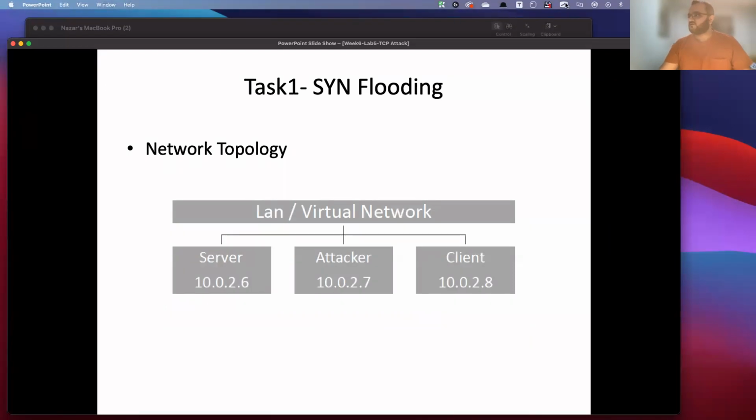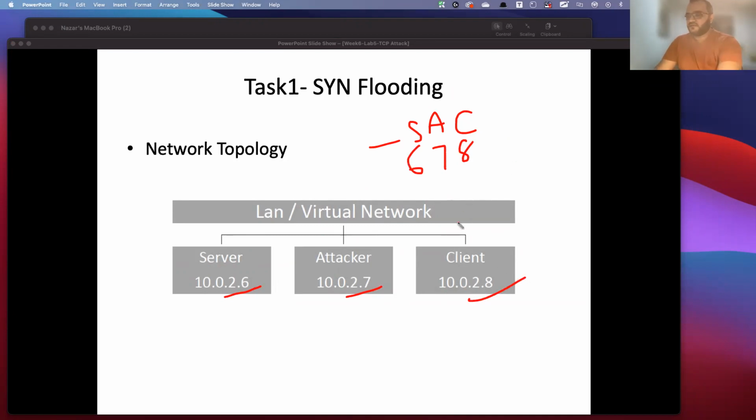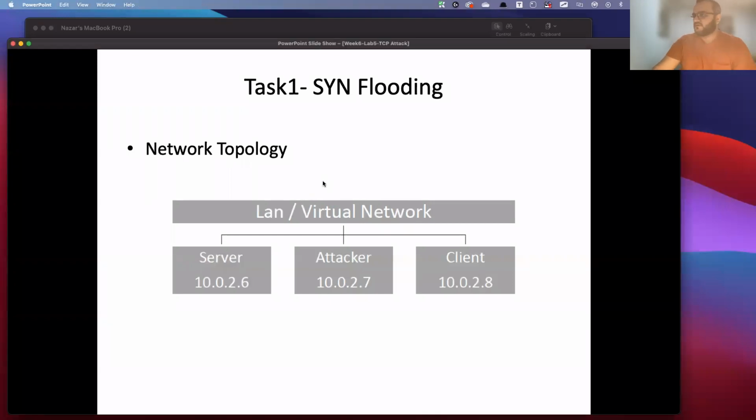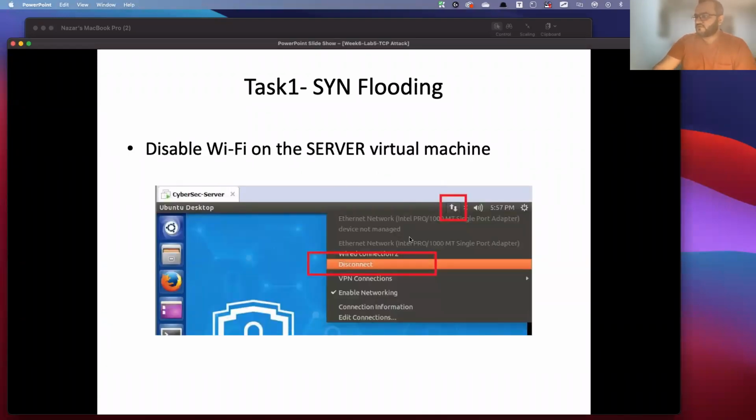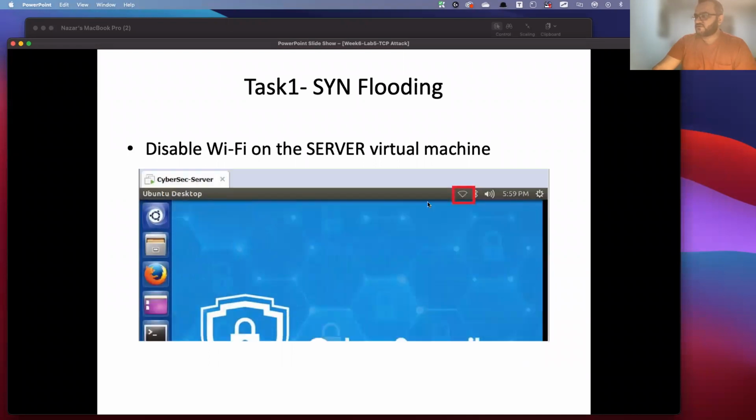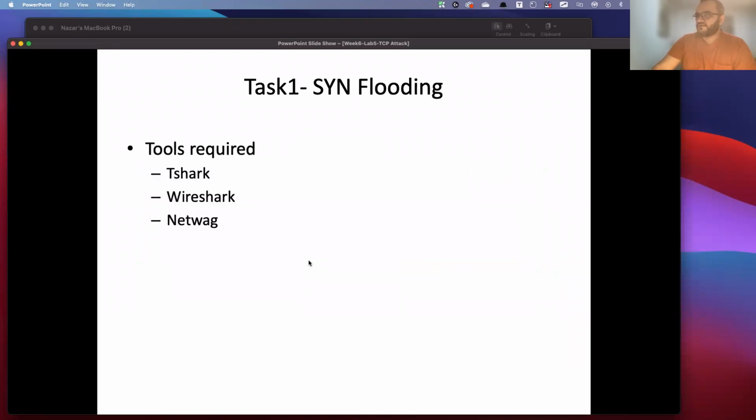Another thing you should note, and it's always helpful to know your network. You have a network of server, attacker, and client. Just remember it as SAC: 6, 7, 8. 6 is your server, S. A is your attacker, 7. Client is 8. SAC. So this will always be your network anyway. So you go to the server first, disconnect the Wi-Fi, make sure it is disconnected, verified,